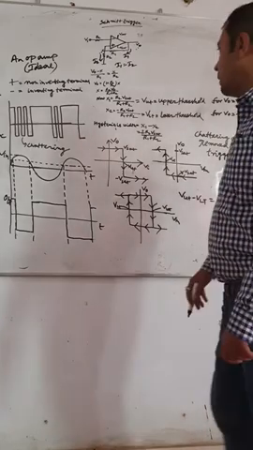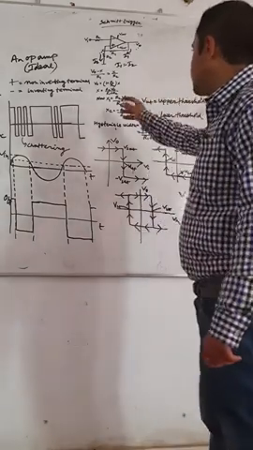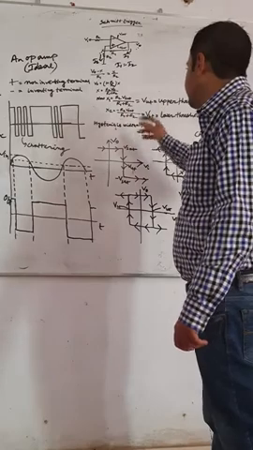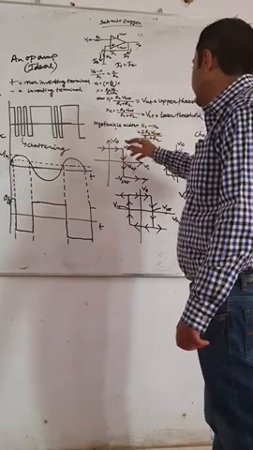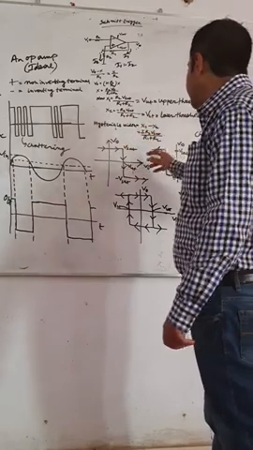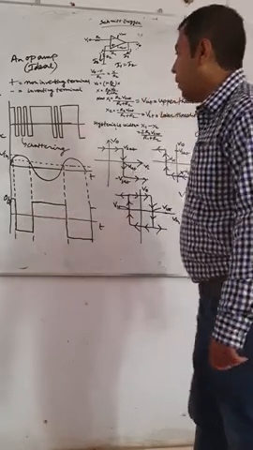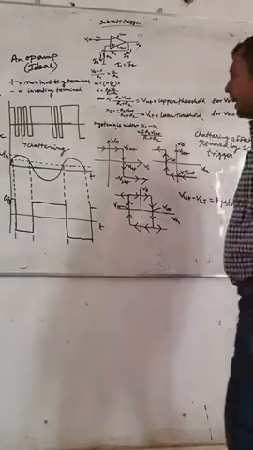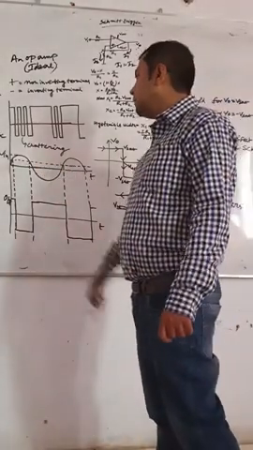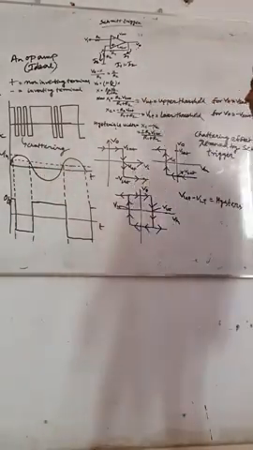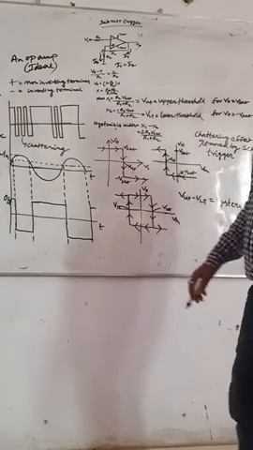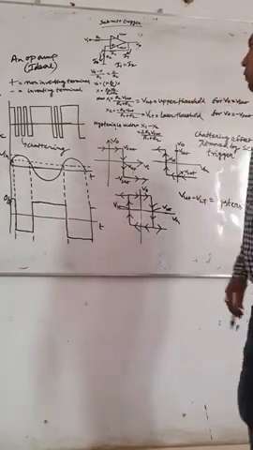So this is our Schmitt trigger. This is the upper threshold voltage, this is the lower threshold voltage, this is the hysteresis width. This is the diagram for upper threshold, lower threshold and hysteresis width. This is the actual diagram of an ideal Schmitt trigger using an ideal op amp. We have given an input of sine wave, and we have got a square wave at the output terminal.